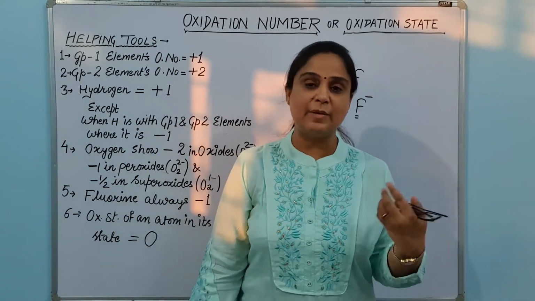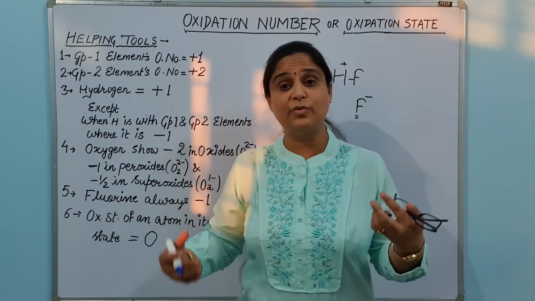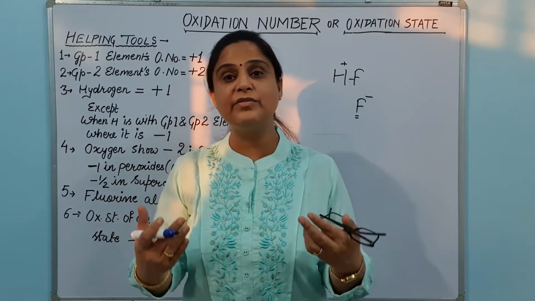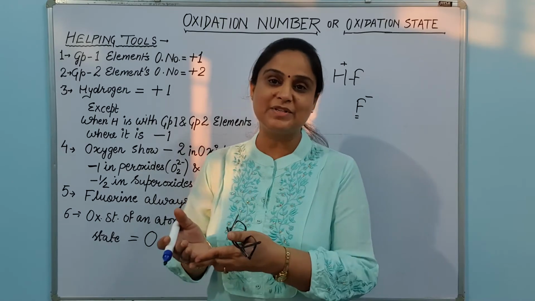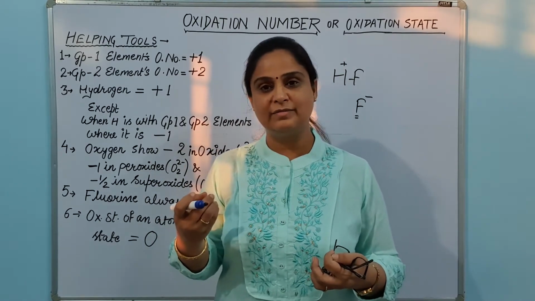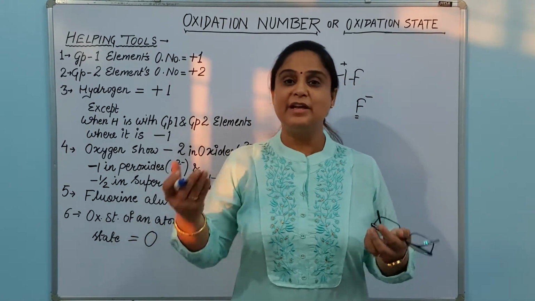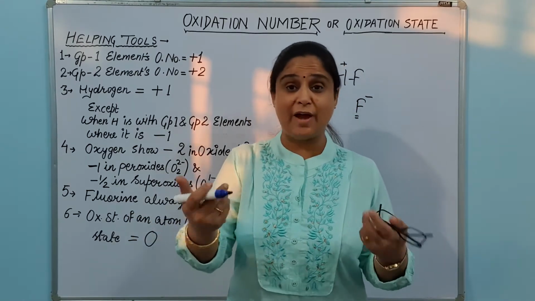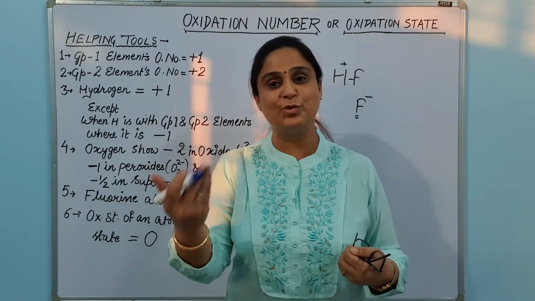So I am just telling you what oxidation state is. What do you mean by it? It is a kind of tension. This tension may be positive or negative. For example, if you have taken a loan, you are in tension, you have to pay it. If you have given a loan, you are in tension, you have to take it back from the person to whom you have given the loan.